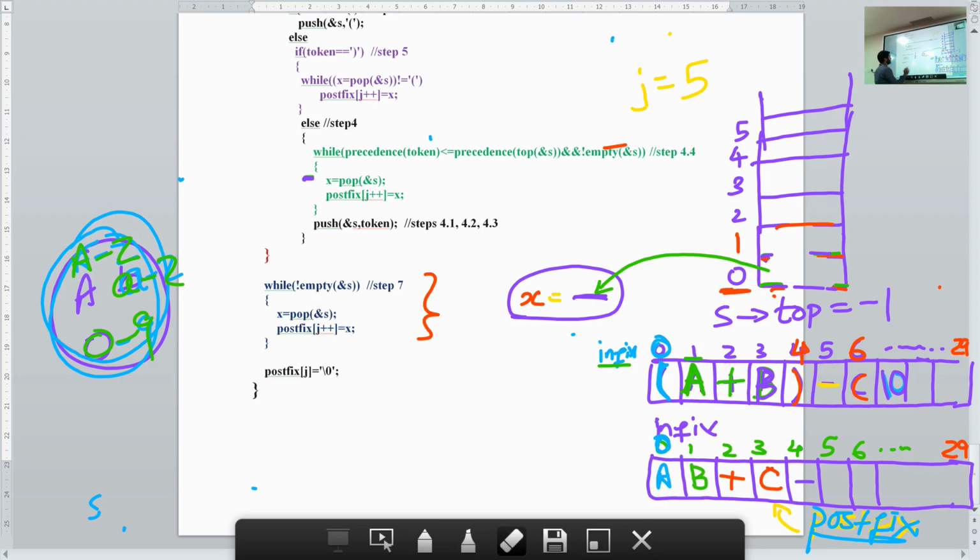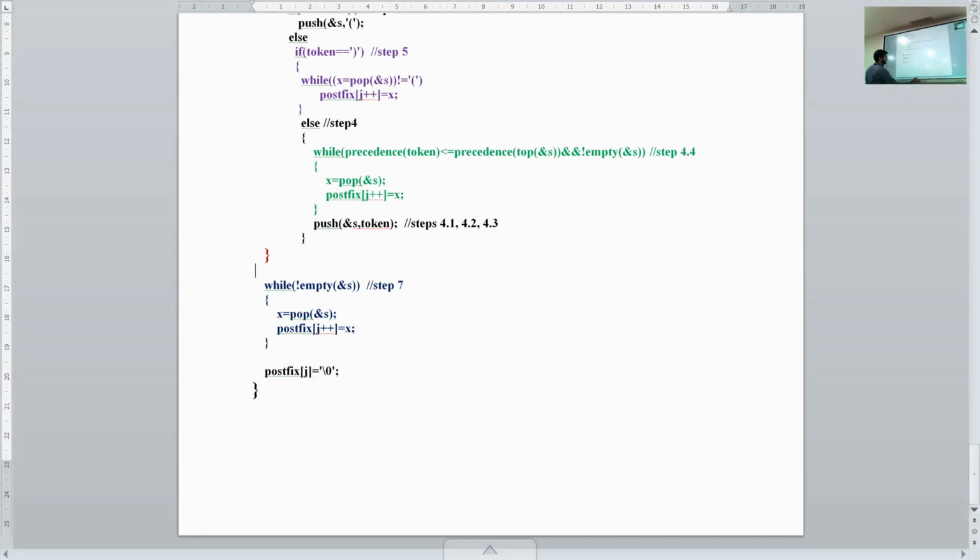So it's not the end. Once you have done the pop, again you come here and check. Is the stack empty or not? Yes, now it is empty. So if it is empty, we do not execute these lines. Before we finish, we add the null string to the postfix array. Now you can see your postfix answer: AB plus C minus. The null string is not read. Okay, so we go to our main function.